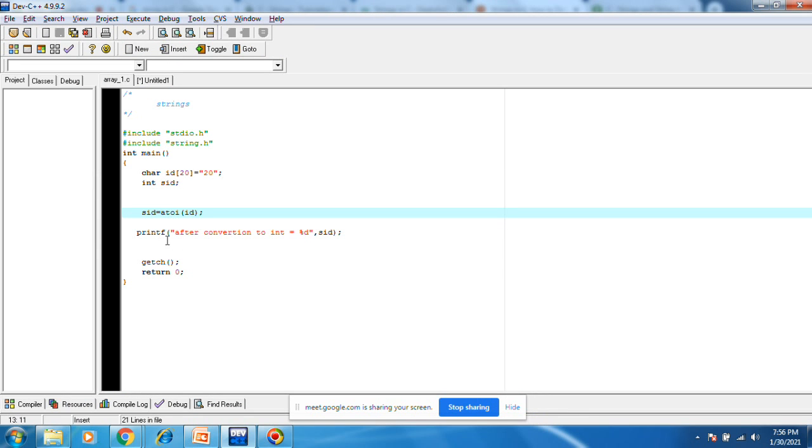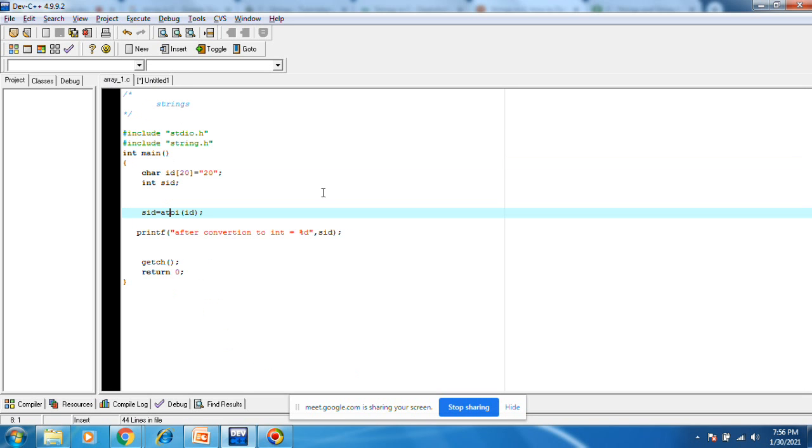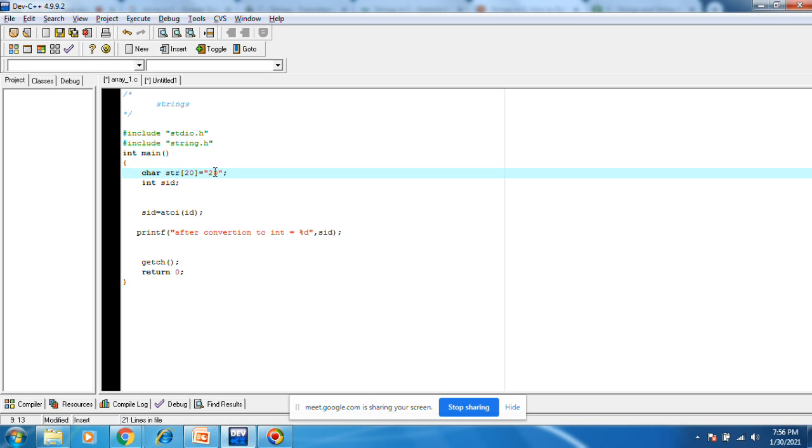Next, we will see some program. Let's see some two-dimensional array. str of 6 by 20. This is some two-dimensional array. Right now we have seen one-dimensional string only, array string.